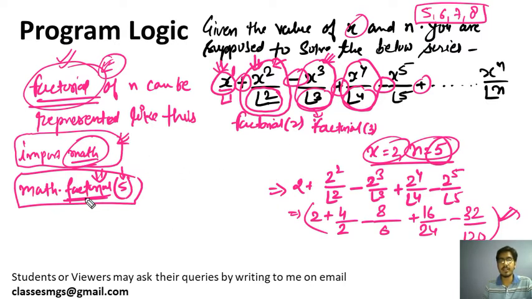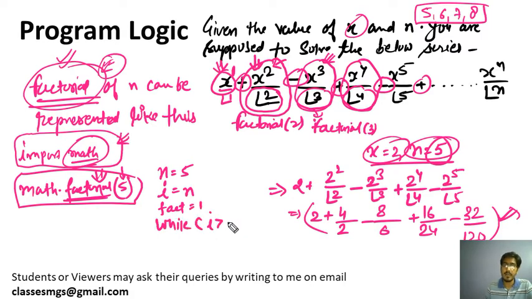Let's suppose you want to calculate the factorial for n, and the n value is 5. You can use a while loop. Initialize i with n and then keep on decrementing, and let's suppose we have some fact variable equal to 1. In the while loop you will write while i is greater than or equal to 1, and keep on multiplying: fact equals fact star i, and we need to keep on decrementing i equals i minus 1.